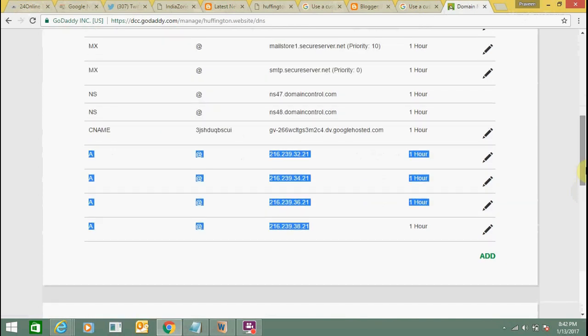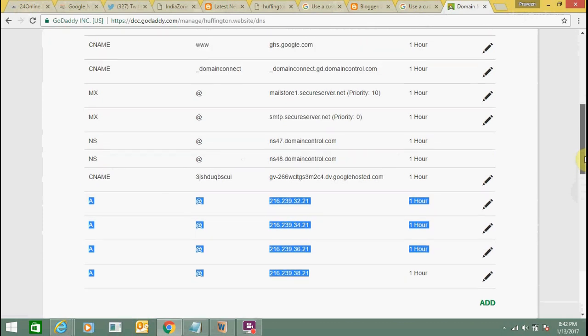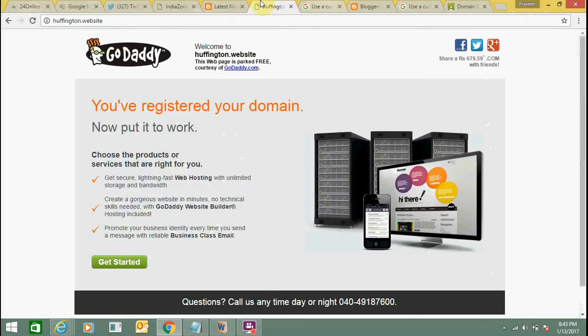You can do the same thing with Bluehost and other web hosting companies as well. It's very simple. The way you are doing it with GoDaddy, the same way you can do it with other web hosting companies.